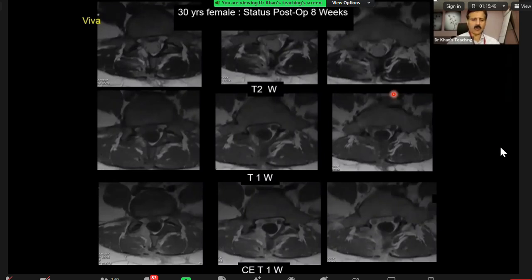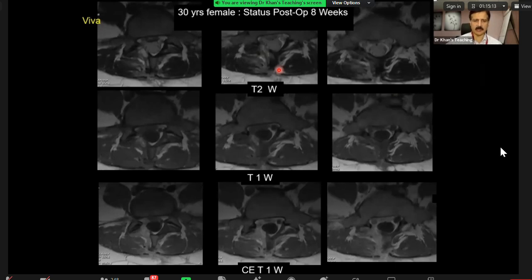Okay, not an ideal sequence because I have not given you a fat saturated post-contrast sequence. It should have been a fat saturated. But having said that, I just want to teach you something here, or to ask you something. So this patient is post-op, and there is a laminectomy on the right side, and the patient has got recurrent pains, etc. They have asked for